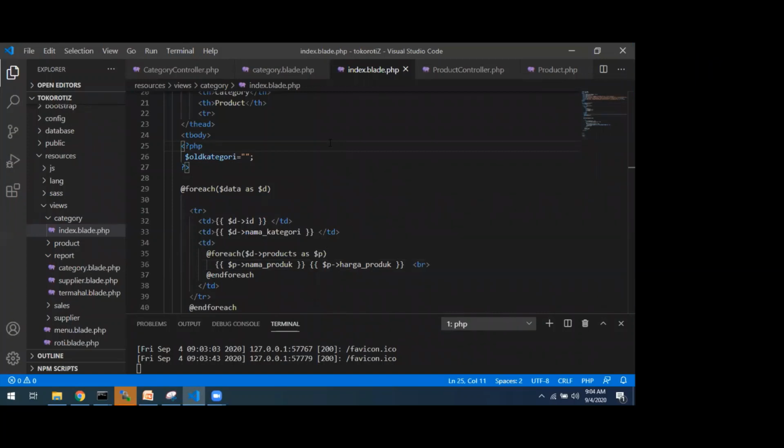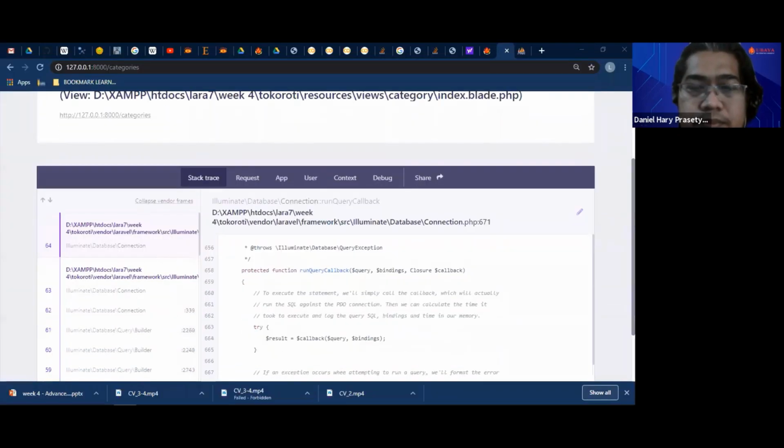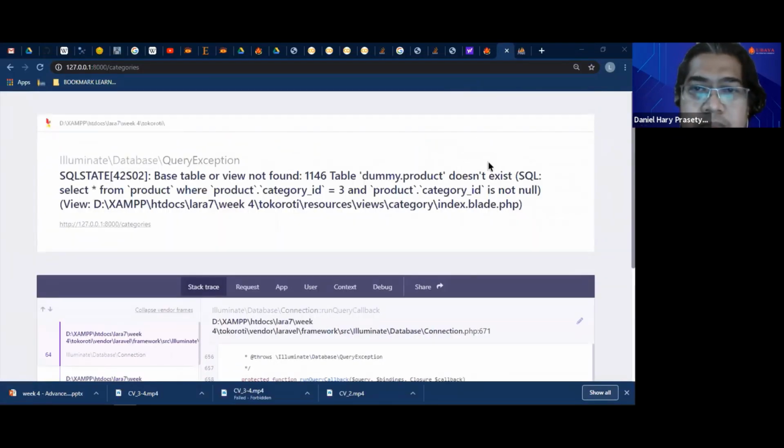Mine still has an error, sir. Okay, please share screen for checking the error. But the share screen is disabled, sir. Okay. Table doesn't exist.